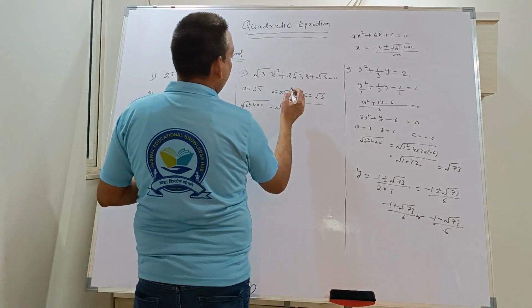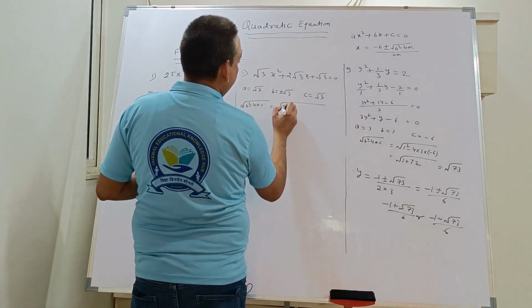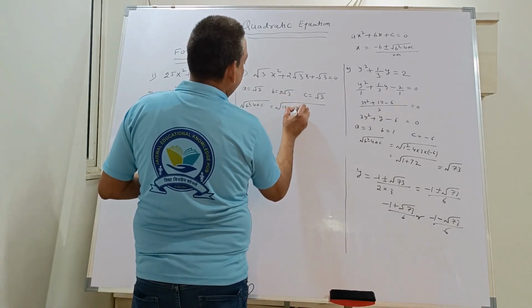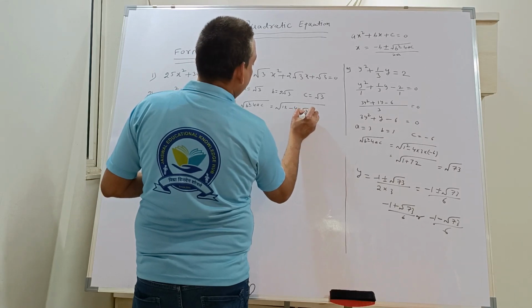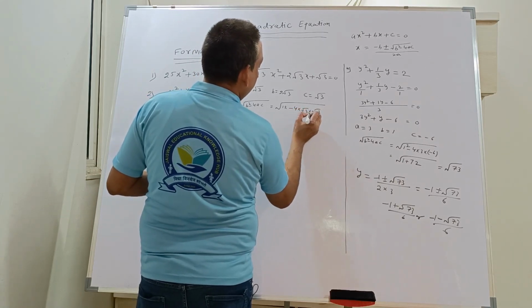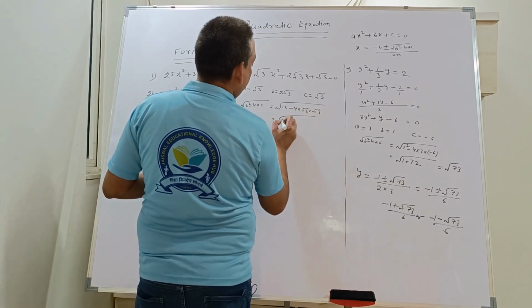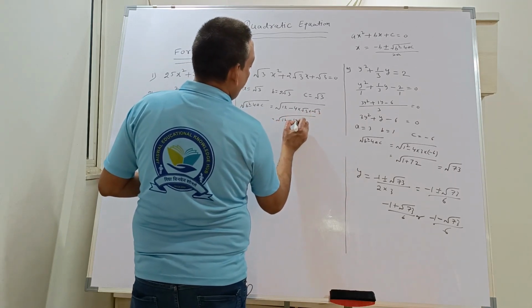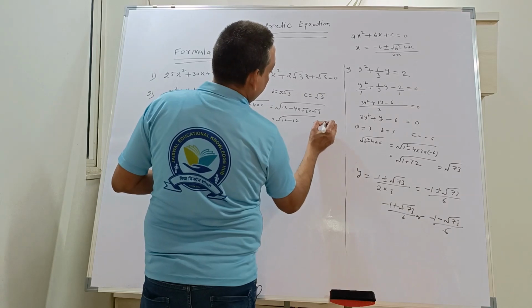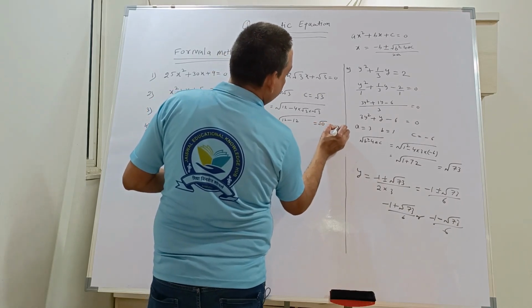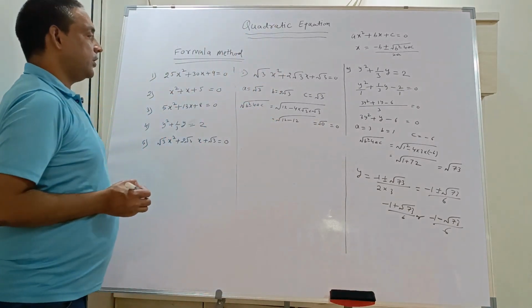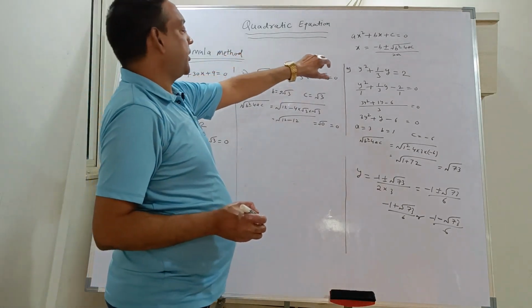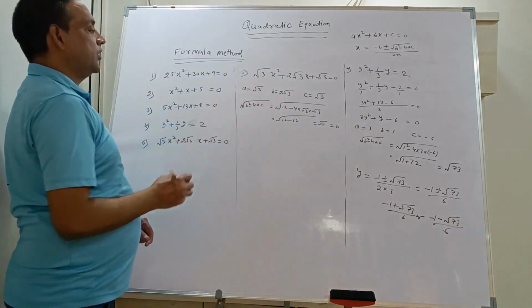First we'll find out b square minus 4ac, which is nothing but root of b square, which is 2 root 3 whole square, so it becomes 4 into 3, 12, minus 4 into root 3 into root 3, so root of 12 minus, root 3 into root 3 will be 3, 3 fours are 12, so 12 minus 12 is root 0, which is equal to 0. See how simple it is. In the beginning it looks like complicated things, but once you solve it, it becomes very simple.